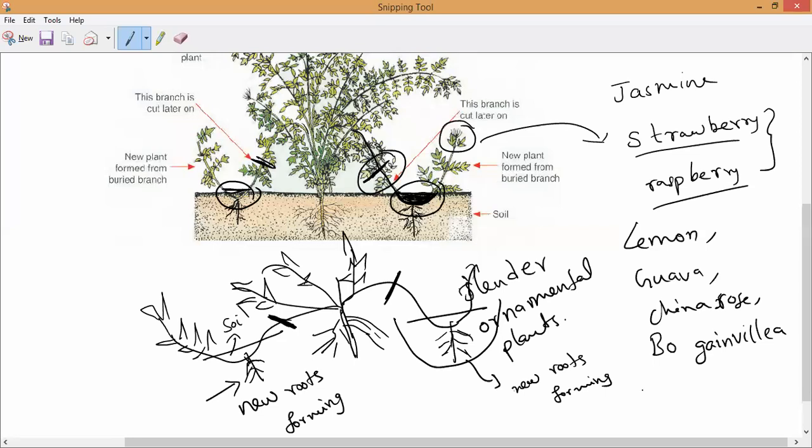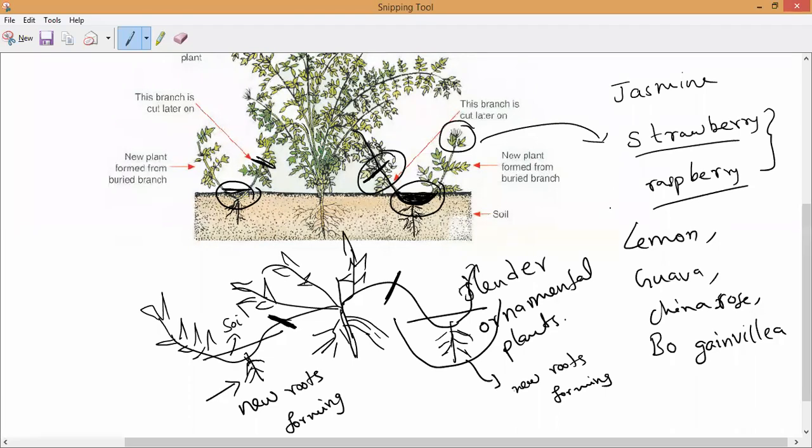Full stop. Next: the branch is then cut off from the parent plant and becomes a new plant. That's all. That is what we call layering.